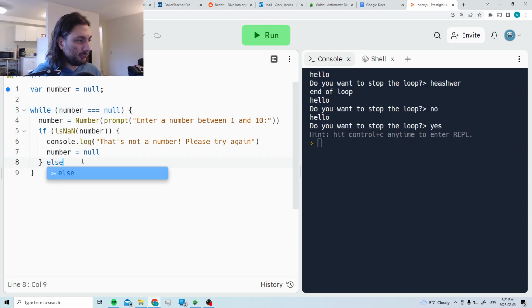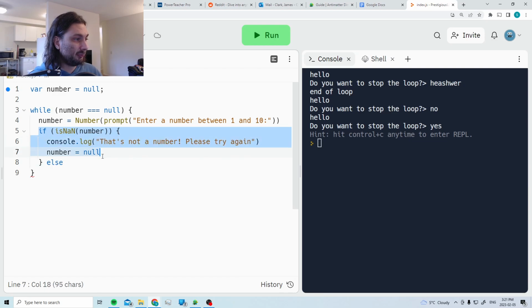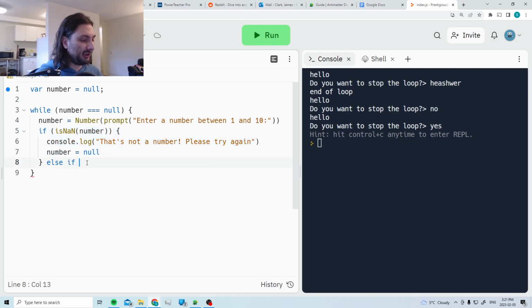The next thing I need to check is I wanted a number between 1 and 10. So if we get past this, we know it's at least a number. We don't know it's a number between 1 and 10. So that's what we're going to check for next. So I'm going to say else if, and then I'm going to check, is it a number between 1 and